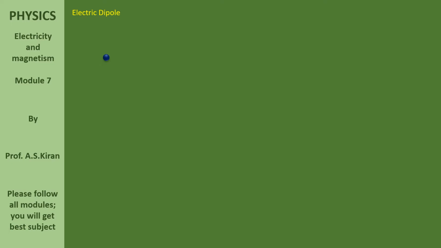Now, there is a negative charge and there is a positive charge. Equal negative and positive charges kept at a small distance form a dipole. Please remember, equal positive and negative charges kept at a small distance form a dipole. See, there is a negative charge given, there is a positive charge given. They together will form a dipole. Yes, there is a dipole.